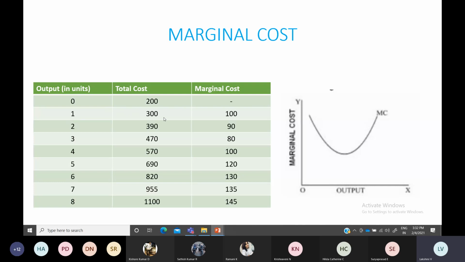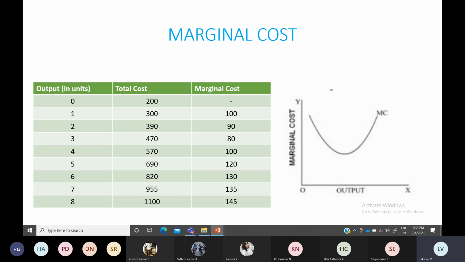So like this, total cost at the 0th unit, how much it is, and at the 1st unit produced, how much total cost. The difference of both, you will find out as the marginal cost. Additionally how much you are incurring, that is known as the marginal cost. Last month you have spent 10,000 towards grocery or some other thing. This month if you are incurring 12,000 for your grocery and other expenditures, then the difference, that 2,000, that is your marginal cost.